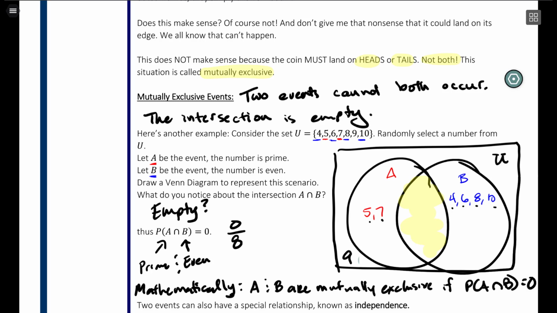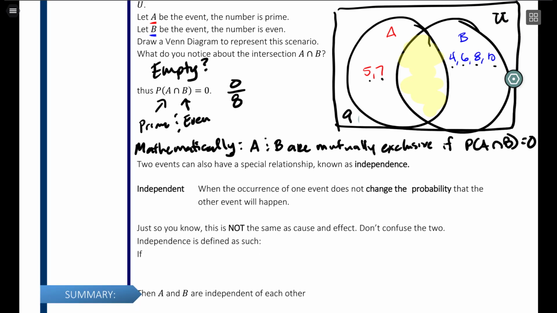So the next thing we want to talk about, the next special kind of relationship, is one that is known as independence. With independence, we define that as when the occurrence of one event does not change the probability that the other event will happen. Now, this sounds a lot like event A happening causes the effect of B,